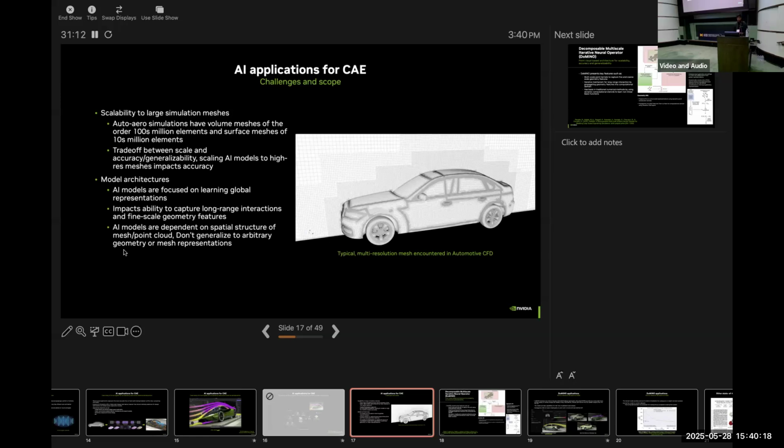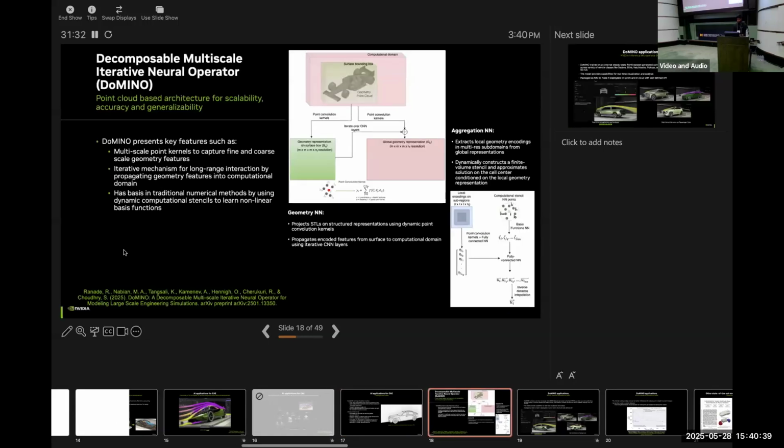We'll see how those things matter when you start designing the models for these domains. And we also want these models to generalize across multiple geometries and arbitrary geometry and mesh representations.